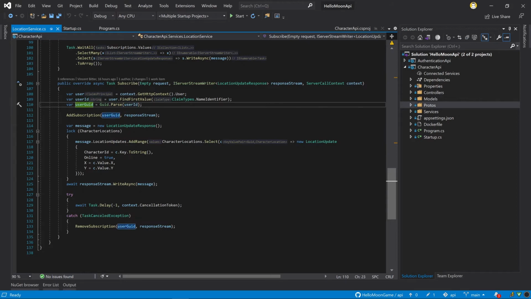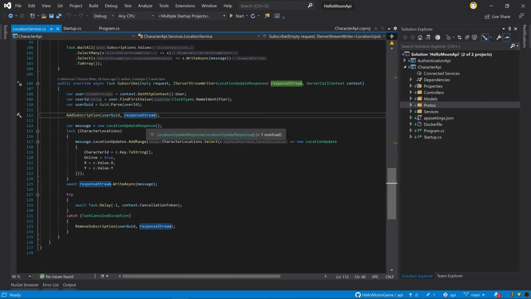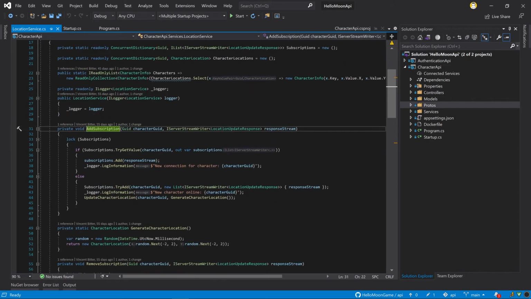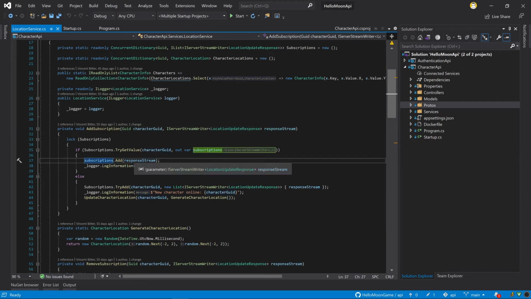so that's nice, and we can parse this GUID, and we have a unique GUID per user, which is quite useful because we can then create a subscription for this user ID and for this response stream. So if a user is logged in at multiple locations, or maybe even just multiple browser tabs, then those are all separate subscriptions. And if I go to this add subscription method, you can see that we have a character GUID and a response stream,